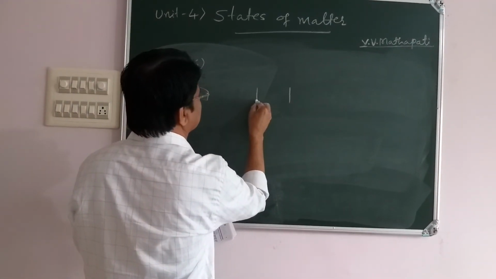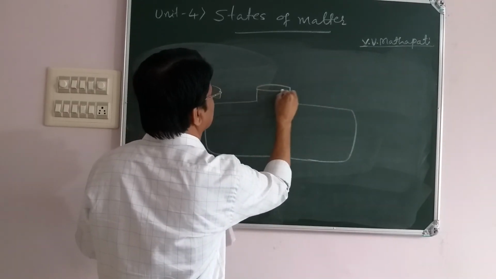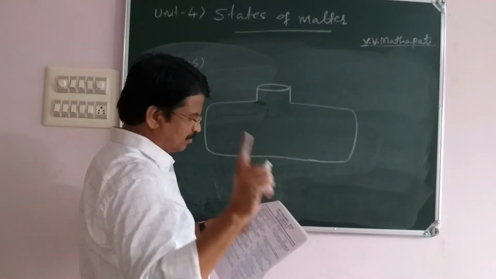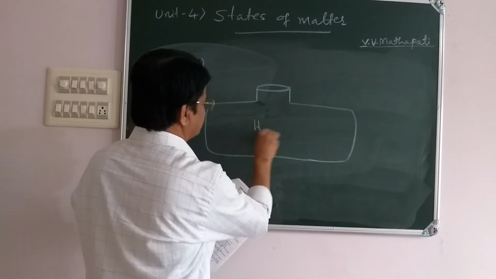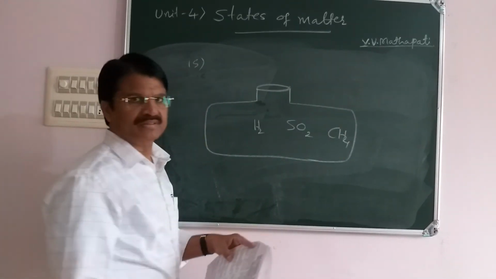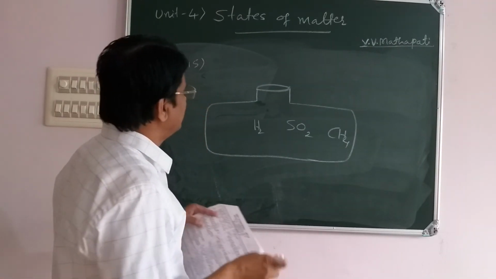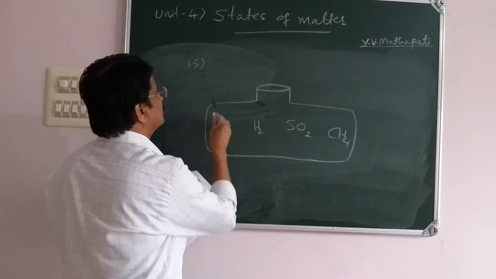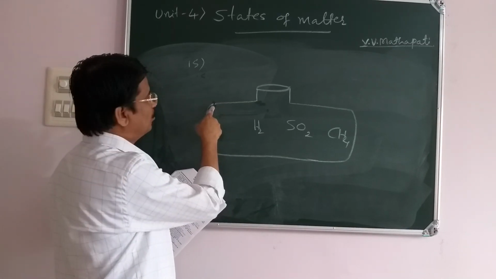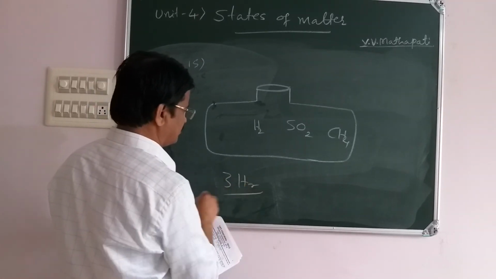Consider this is the gas container, and it contains 0.5 mole each of hydrogen, SO2 and methane. Three gases are taken, each 0.5 mole, and a small hole is made in the container. After 3 hours,